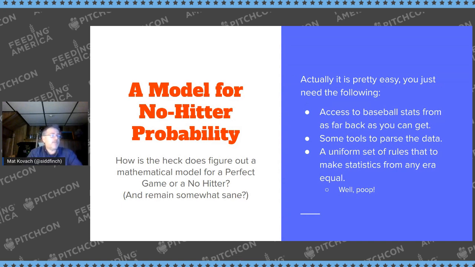And it would have been helpful if I had a uniform set of rules throughout baseball that made sure the stats that happened in 1881 were following the same rules and the same standards as those in 2021. And right there, we know we have a problem, because things like sacrifices and errors and balks were completely different even in the 1920s than they are now. So we have to make some changes to the data, or at least try to work around some of those problems.